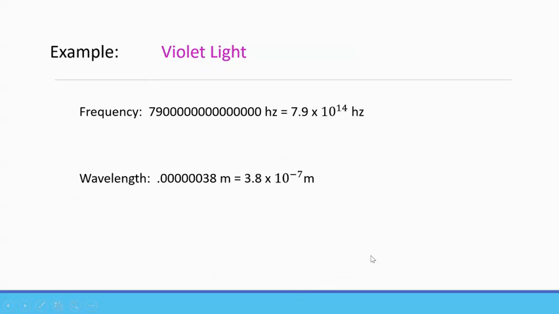So using scientific notation, you're going to see these a lot. Just remember, if you have a positive exponent, that means it's a number bigger than 1, and the bigger that exponent is, the bigger the number is, right? So every time you add one exponent, the number gets 10 times as big as it was before. But with the negative numbers, the bigger this exponent is with a negative sign, the smaller the number is. It's getting closer and closer to 0. Right? So that's an introduction to electromagnetic